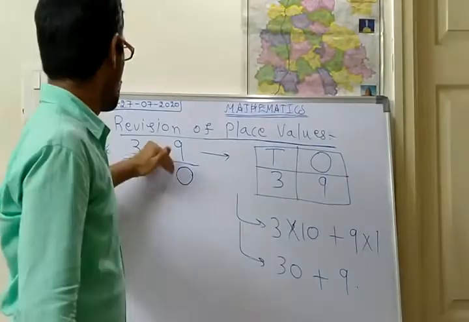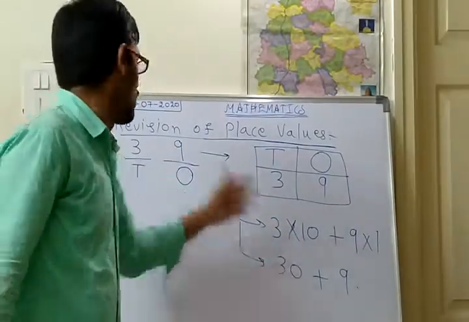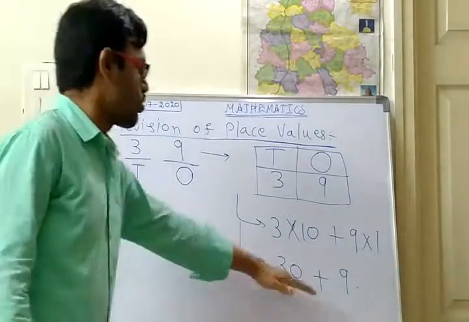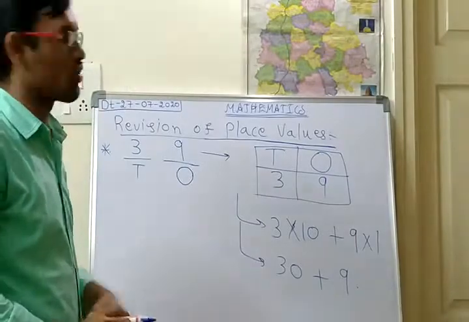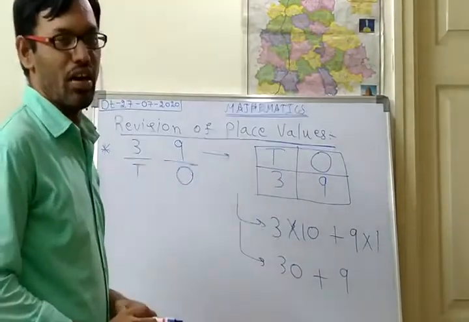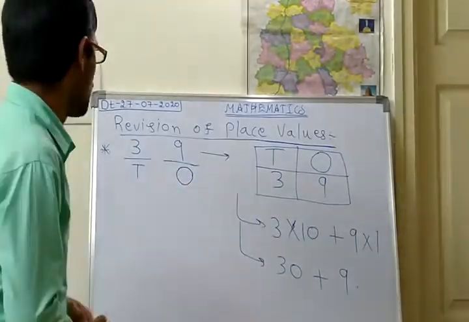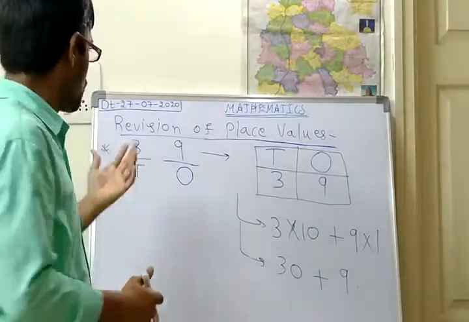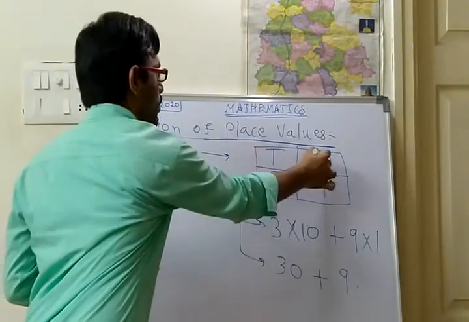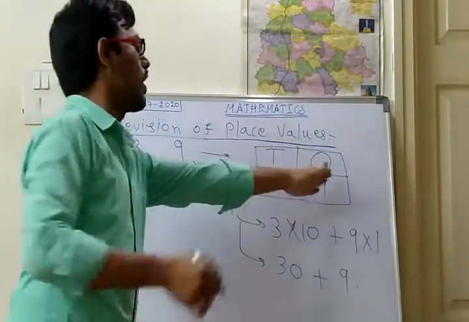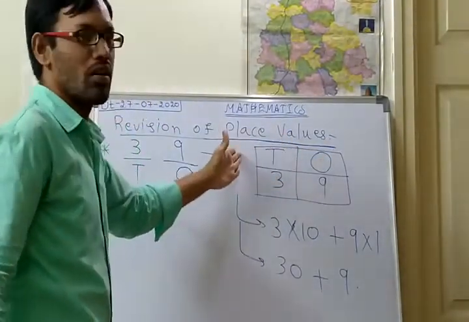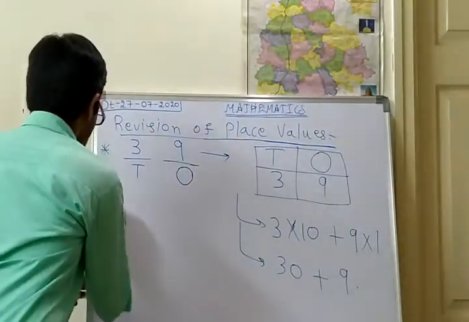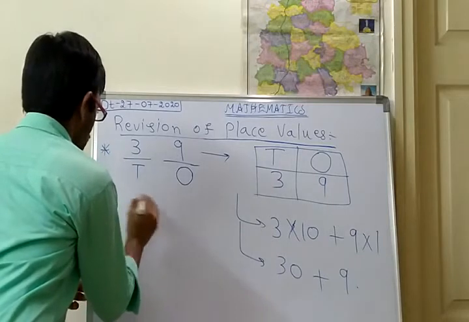Okay. For a 2-digit number like this, there are only 2 places. So there are two terms in the expansion. So like this we have to identify. Suppose we want to expand a 3-digit number. Along with the ones and tens, there will be one more place name. So what is that one more place? We shall see.